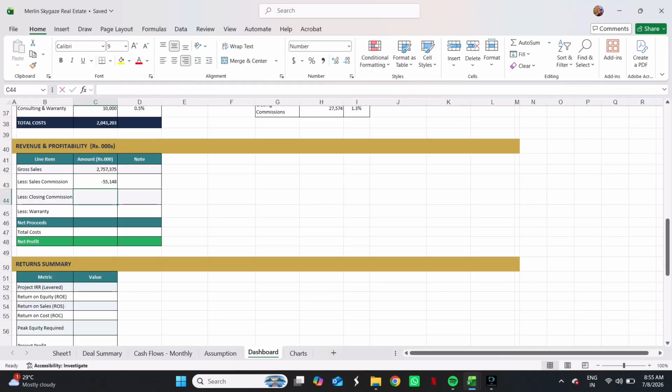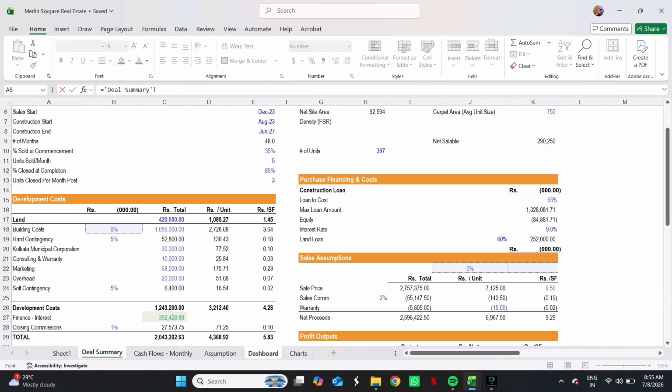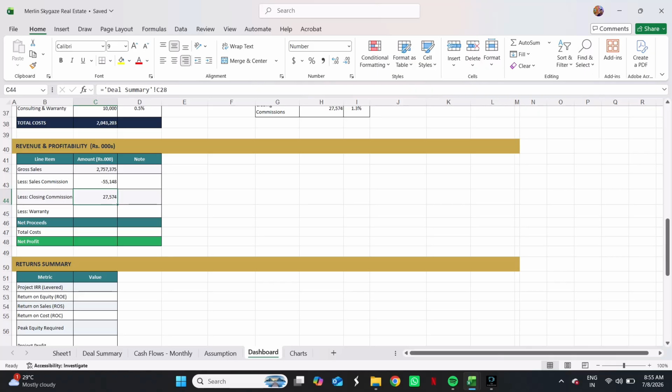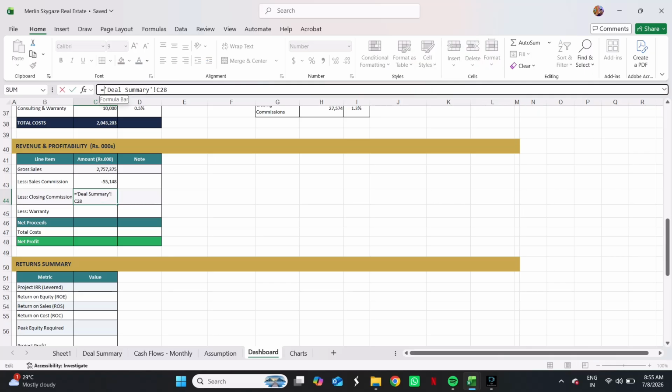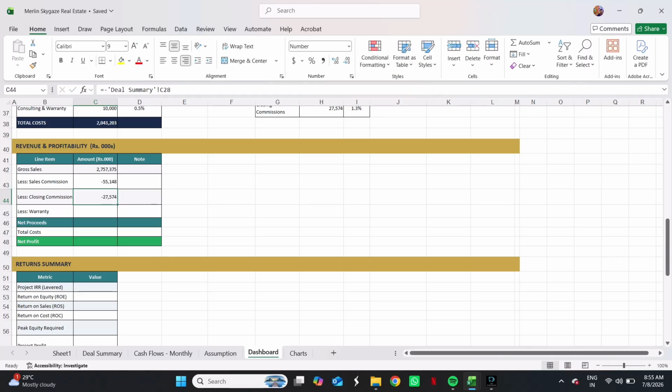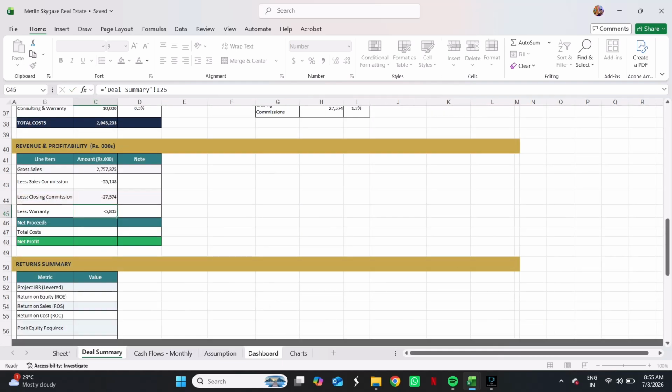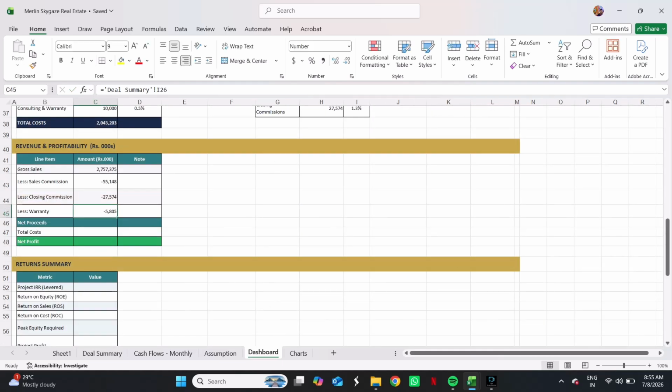Then after that, closing commission. Then after that, warranty. Then total net proceeds equal to